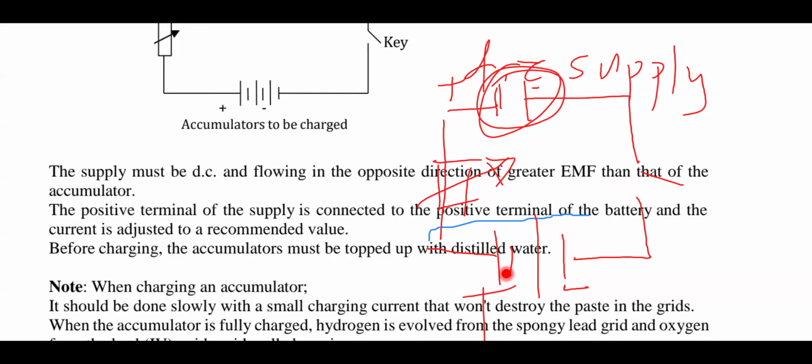Why do we charge it with a smaller charging current? We want to avoid destroying the grids or the terminals that we have from there. But when this accumulator becomes fully charged,